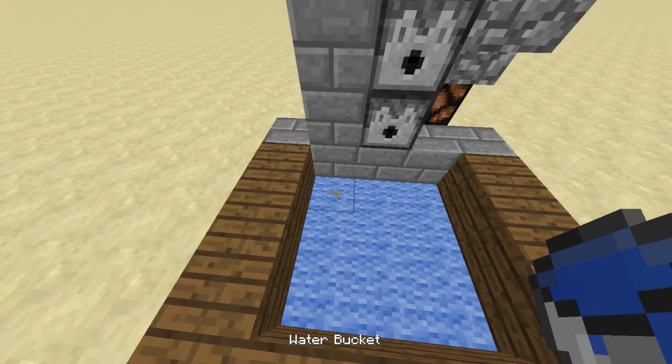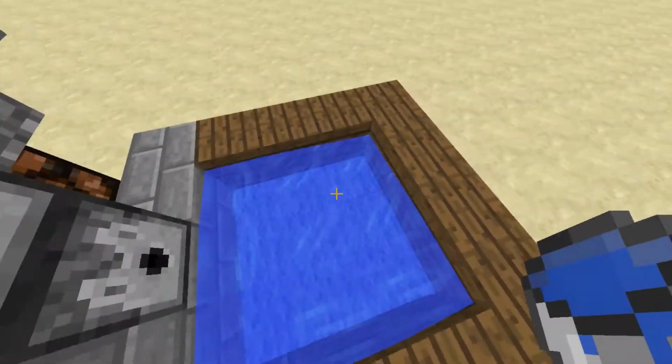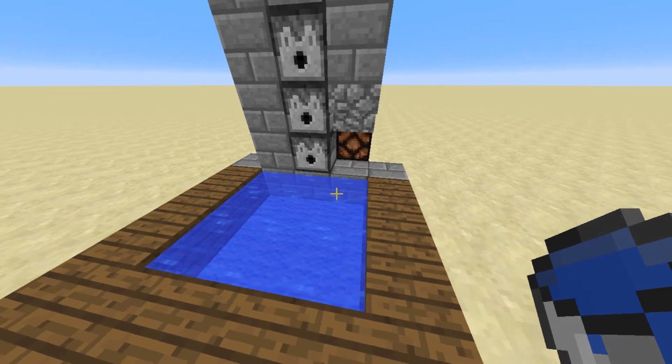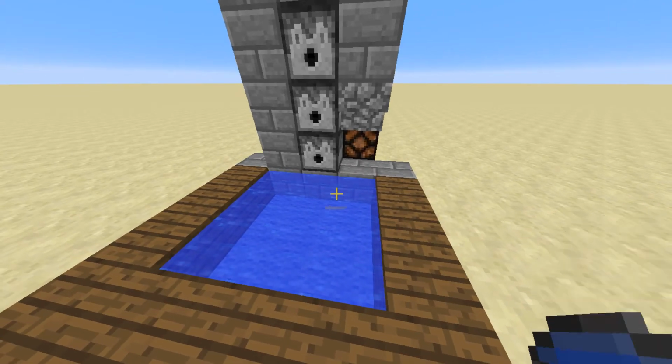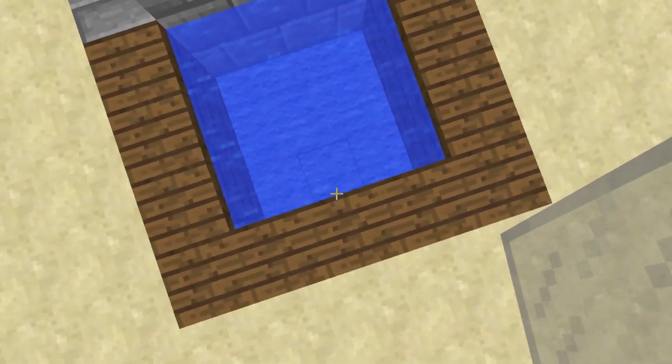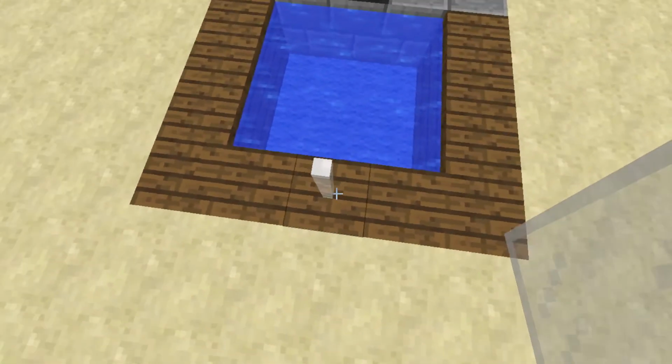The best way to fill up any square is to go diagonally, and then you end up with a completely flat and still piece of water. You can see that there, that's really brilliant. And then we're going to get glass panes. It's really important this is glass pane, and we're going to put a glass pane in the front there,